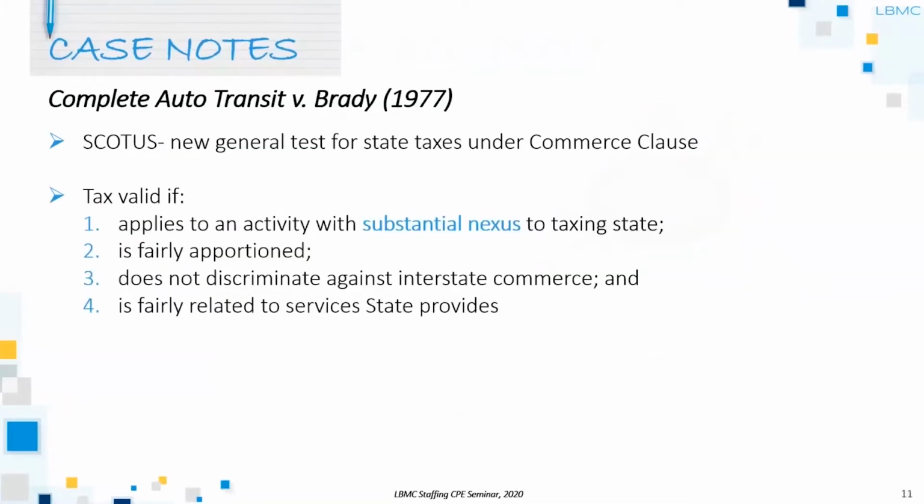Complete Auto Transit. That's the next case. Really, I'm not going to linger on that one. The point to be made there is this concept of substantial nexus in bold. You really hear the courts, taxing authorities talk about what is a substantial nexus. I mean, a substantial nexus is that level of activity that allows a state to tax you. And as we've learned for sales and use taxes, that substantial nexus did require a physical presence. But you see this case mentioned a lot. It's in every tax case that has come after it. It's always measured by these requirements.